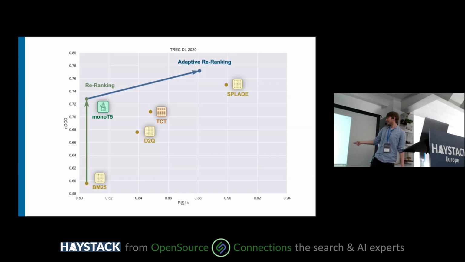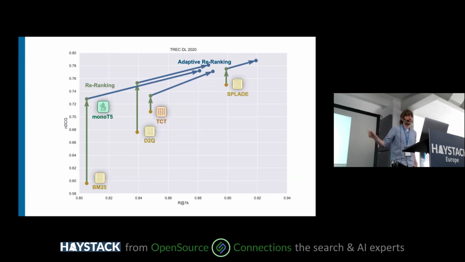And what's actually quite remarkable is the recall is doing better than something like a vector search would, right? By leveraging your cross-encoder, leveraging your re-ranker to try to find the best results, you're doing better than you would have had you done some fancy semantic search to begin with. Still not quite at SPLADE. But of course, you can also run re-ranking on top of any of these other systems, right? So you can re-rank and adaptively re-rank on all of those too. And you see pretty consistent results in terms of improving the overall search result quality and the overall efficiency.